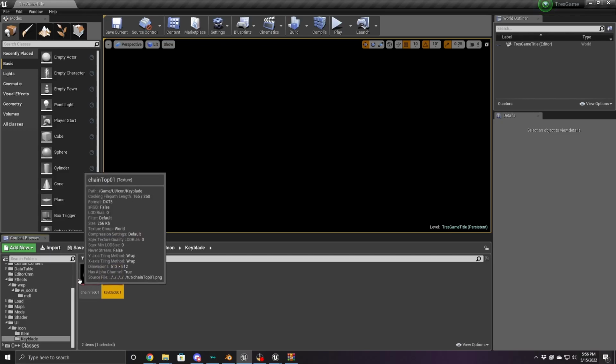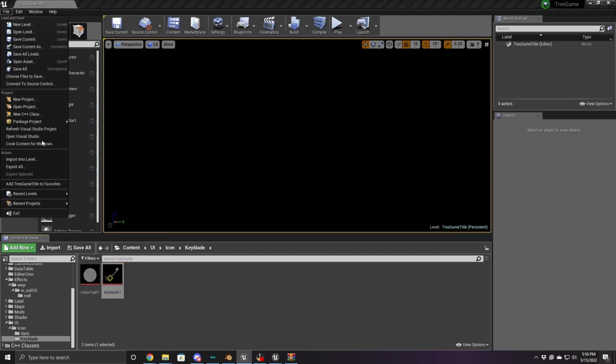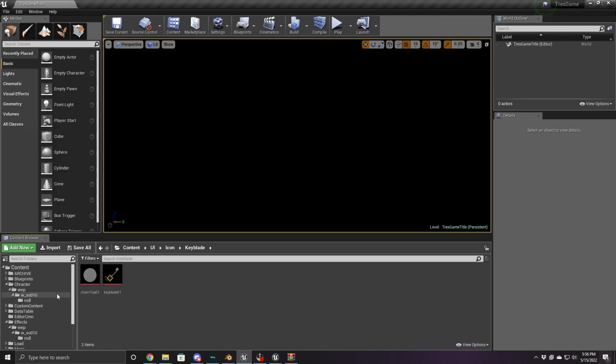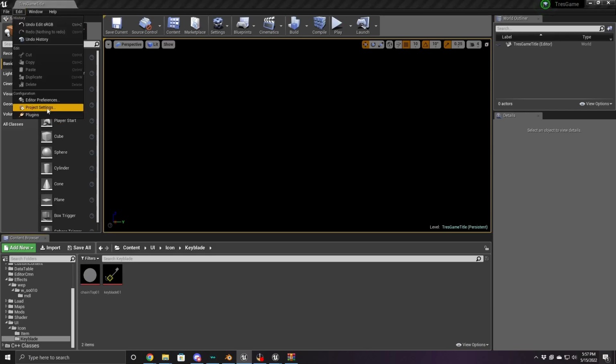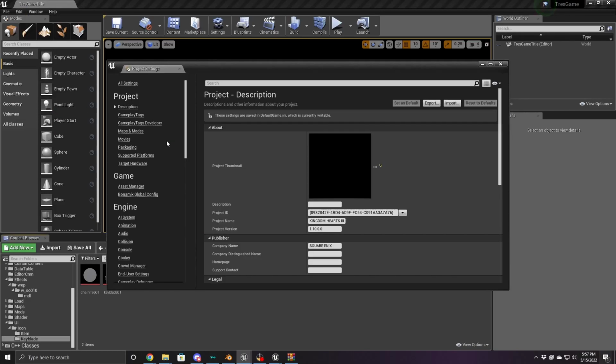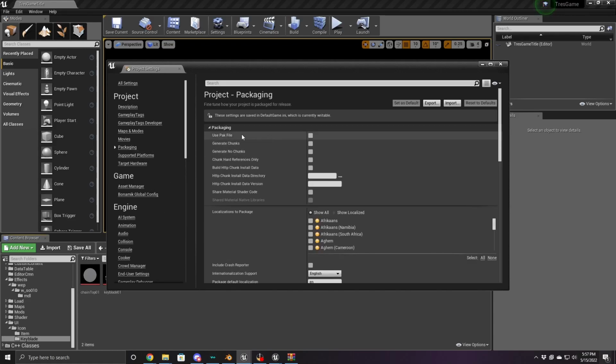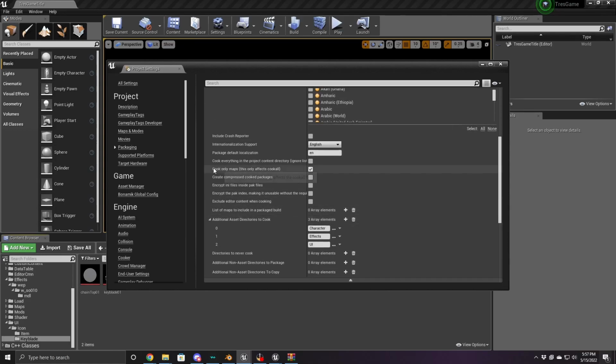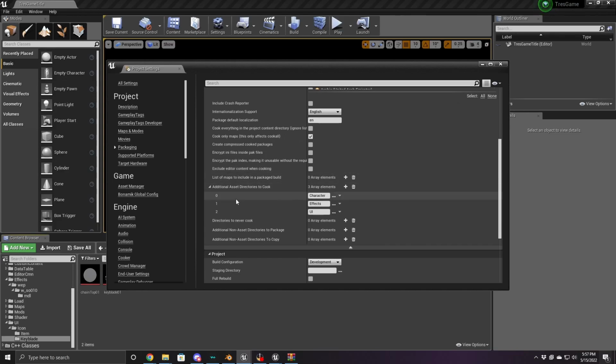So now we need to cook our files. To do that, you can do File, Cook Content for Windows. I believe the game has a few files in it that don't like to be cooked and will cause issues if you cook them. So it will cause the cook to fail. So what I like to do is I go into Edit, Project Settings, let it load up. You're going to go down to Packaging. For one, make sure you uncheck Use Pack File. Scroll down, click Cook Only Maps, and then under Additional Asset Directories to cook, press plus 3 times, and then